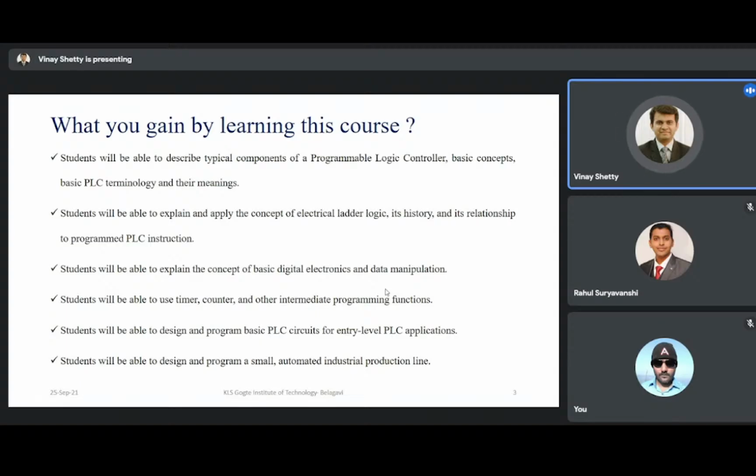Then the students will be able to design and program a small automated industrial production line. Apart from this course, obviously there is no kind of a practical which has been there, but we will be working with the software. Okay, I will be giving you the software free of cost. You will be working with the software. Whatever problems I ask you to do as homework, I will teach you how to incorporate those programs in the software and run and see it practically. Okay. Simulation, I am going to teach you the simulation also with this subject. So this subject is not only studying all about the theory, even we will cover up the practical.